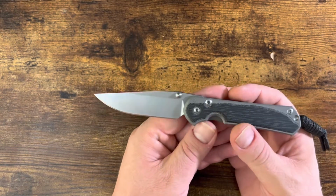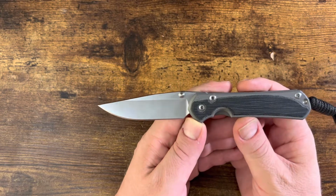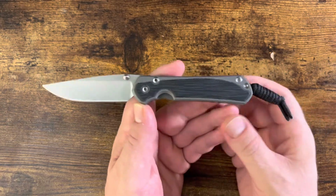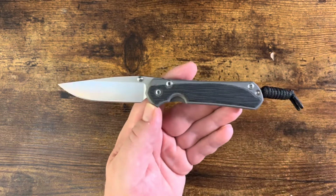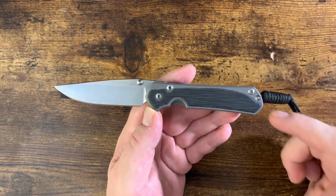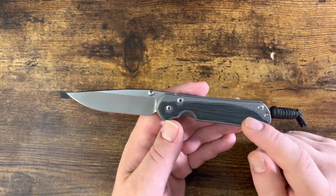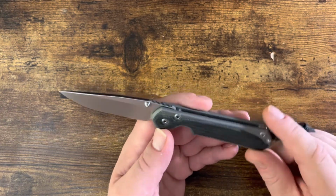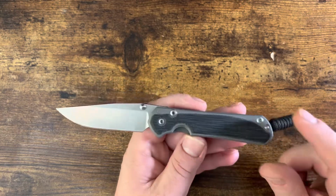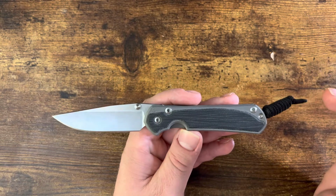This has been a really long video, and spoilers if you didn't guess in the beginning, it's gushing over this. This is a fantastic knife, but if you're looking for a value ratio, this probably isn't it. If you're looking for a commitment to quality and the type of attention to detail, build quality, and just overall fit and finish, this is